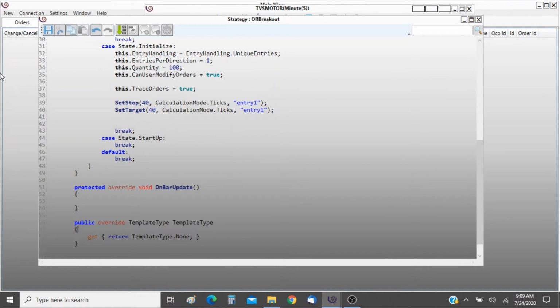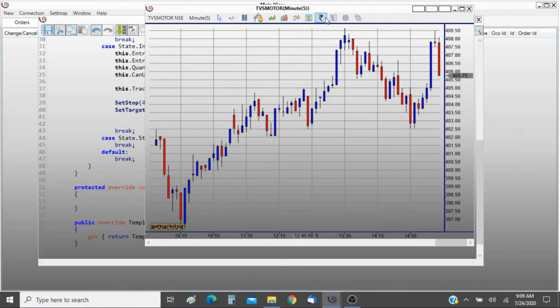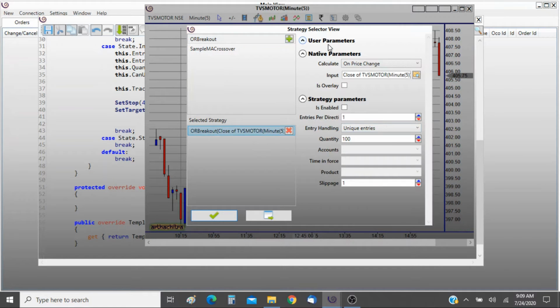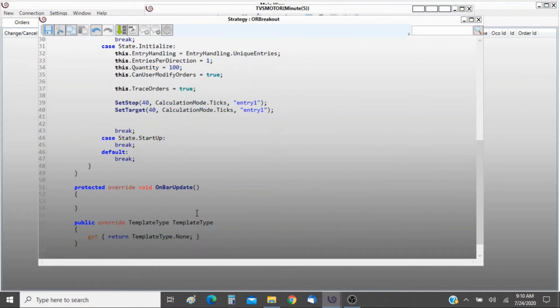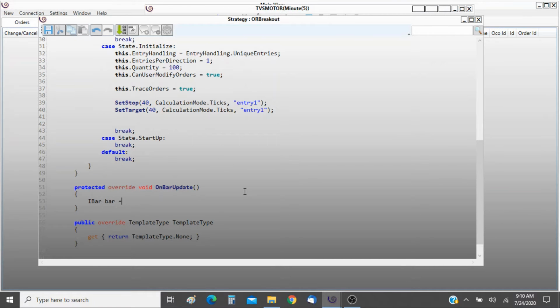Okay, now if we compile it, it compiled successfully, and if we look at it now, this period is gone basically. Okay, now we're coming to the main logic basically. So bar equal to